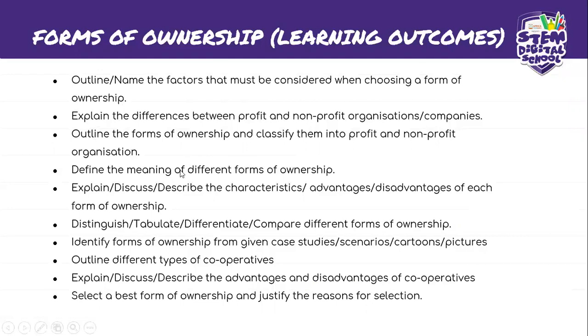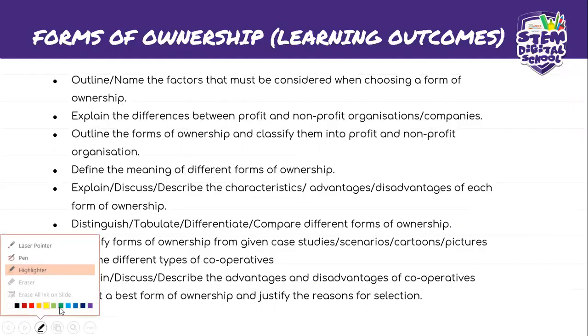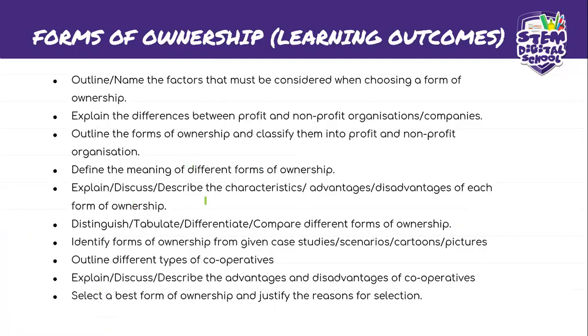So guys, same thing in each and every form of ownership, you need to be able, boys and girls, to tell its characteristics, to tell its advantages and disadvantages, basically. This is what we'll be looking at today, but we'll be looking at a public company. We have covered sole proprietor, we have covered partnerships, we have covered private companies, we've covered closed corporations or CCs. Today we want to look at public companies. Right.